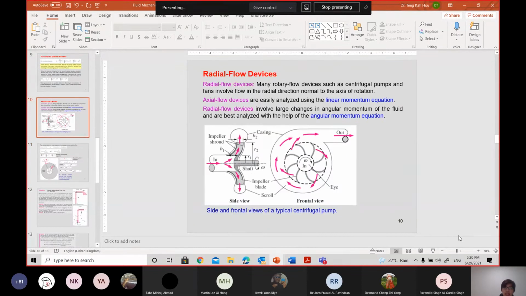And today I would like to highlight your radial flow device. Your radial flow device is something very special, as I mentioned in the last class. You use all the shaft energy to turn the turbines to generate not only linear momentum, but also angular momentum. So this is a special case for radial flow. How is the question going to ask you? When the question asks what the angular momentum in and out is, this is the thing you need to know.